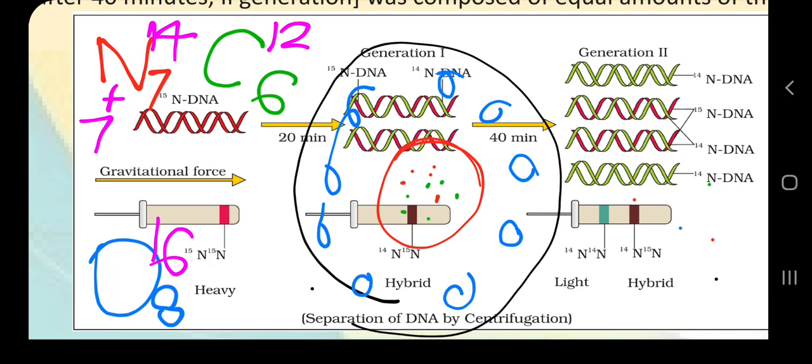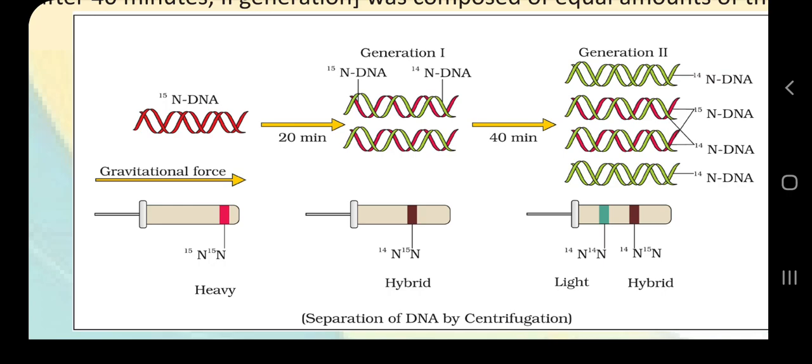Now I am coming back to the subatomic particles. Take the nitrogen atom, for example. A nitrogen atom is composed of 3 subatomic particles: electrons, protons and neutrons. Protons give the identity of nitrogen, the properties of nitrogen, and its place in the periodic table, which you have studied in chemistry. Now I am removing everything except nitrogen here. Imagine any nitrogen having 7 protons and 7 neutrons; it will have an atomic mass of 14.